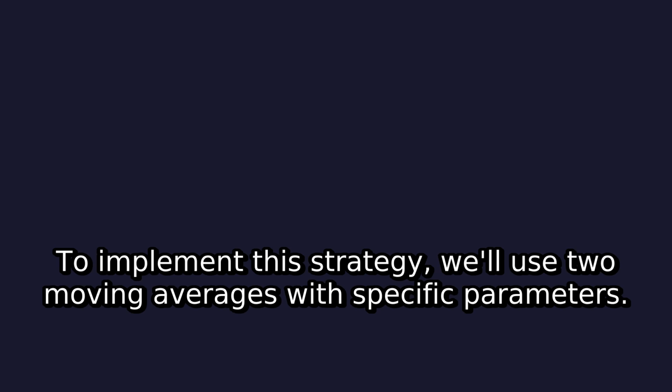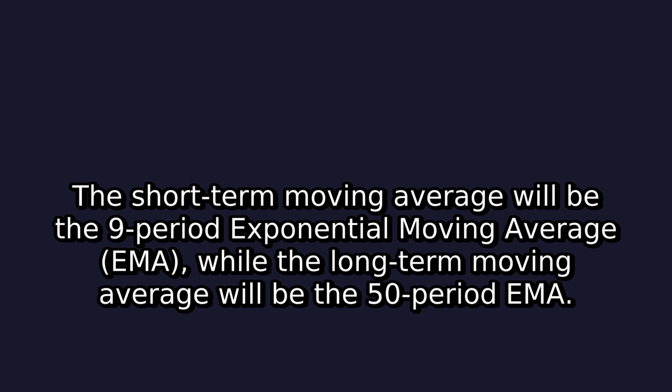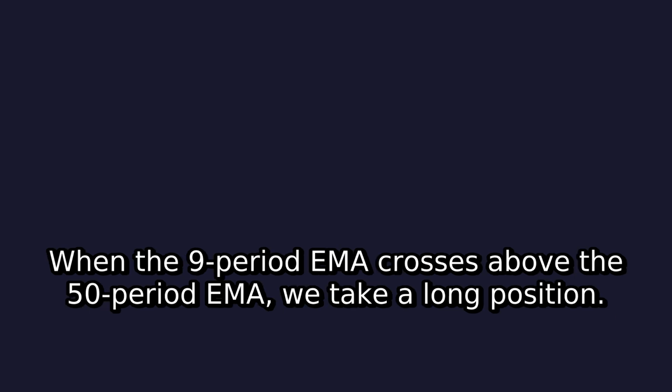To implement this strategy, we'll use two moving averages with specific parameters. The short-term moving average will be the 9-period exponential moving average, EMA, while the long-term moving average will be the 50-period EMA. These parameters have been extensively backtested and have shown promising results. When a 9-period EMA crosses